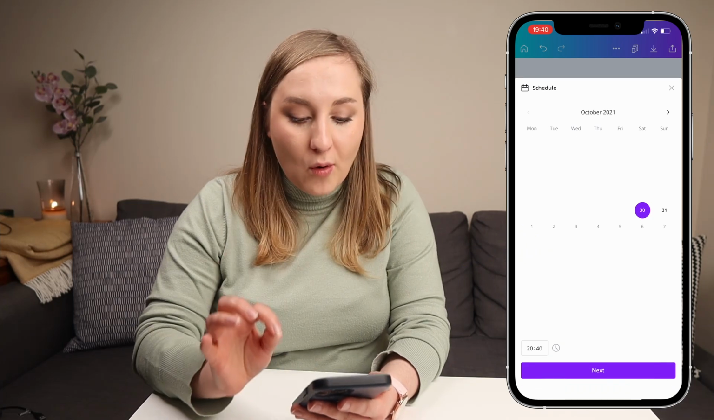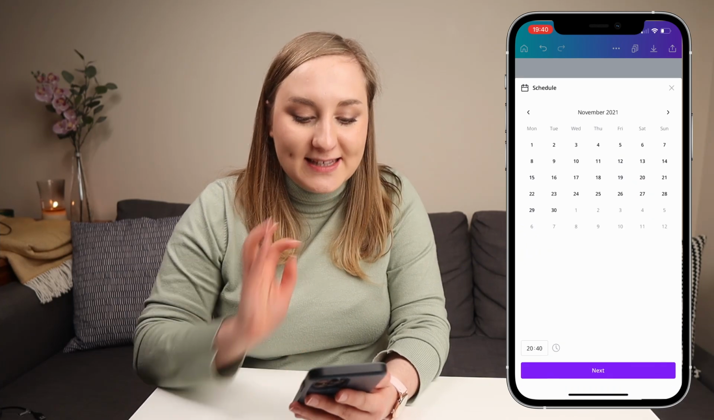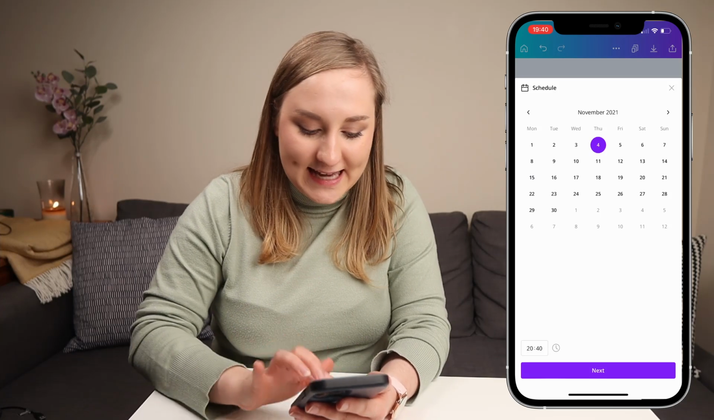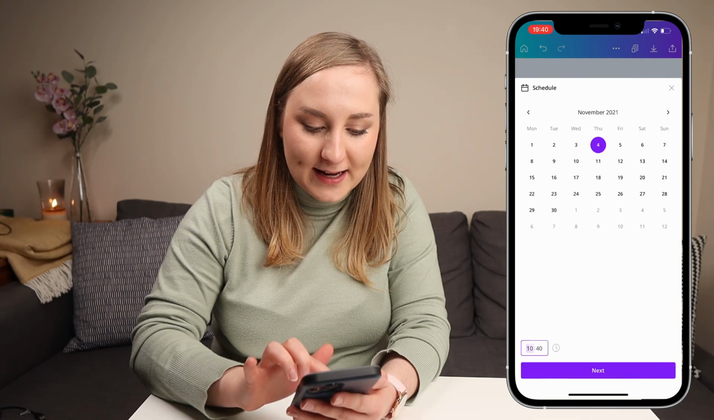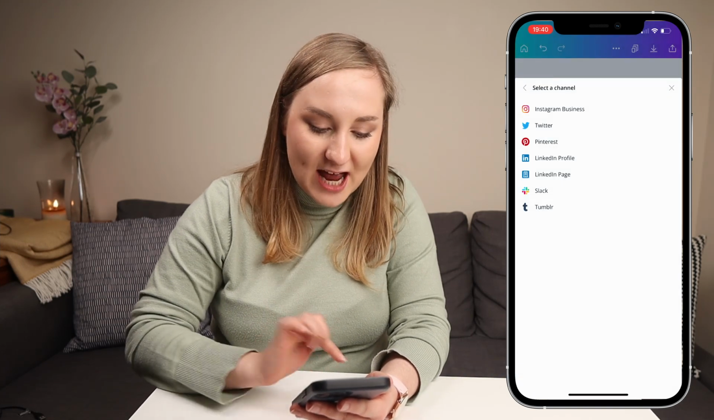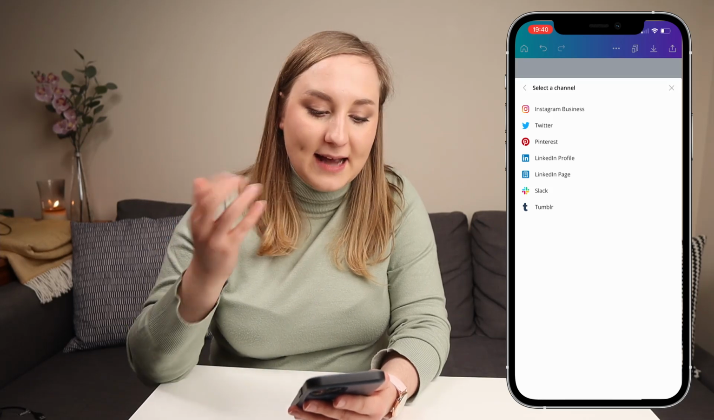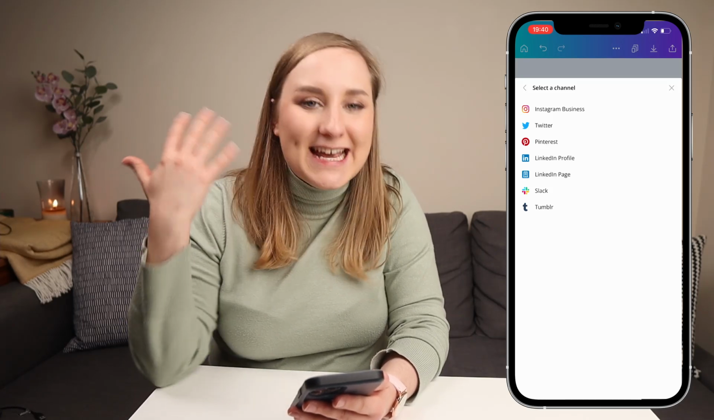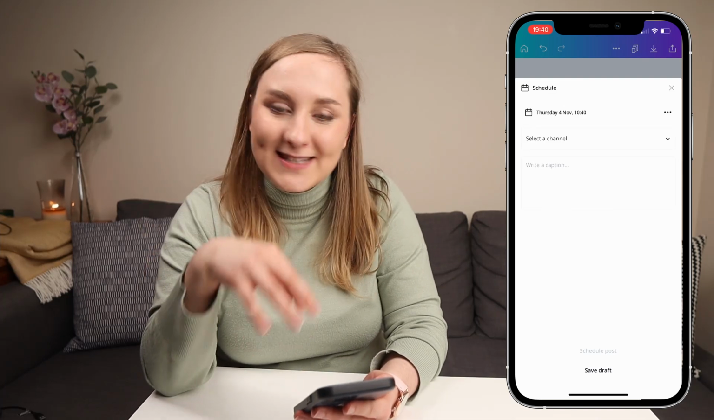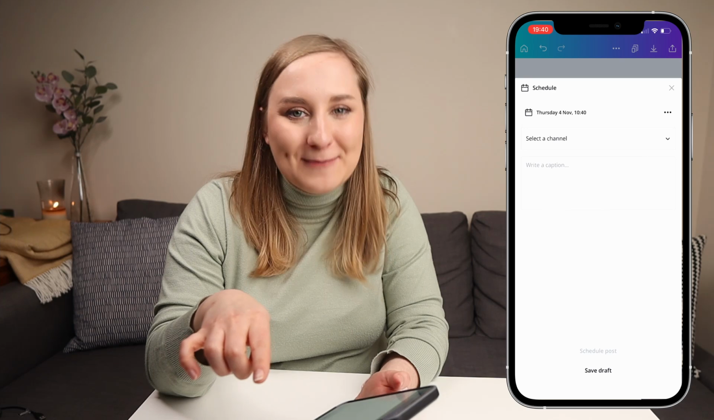And again, this is a pro option, but from here, you can schedule your post for any other day. I'm just going to hit that, change the timing for it, let's say to 10 o'clock, go for next. And from here, you can select a channel. As you can see, if you connect your Instagram, Twitter, Pinterest, LinkedIn, whatever you want to post it to, you'll be able to do it from that content scheduler. You can flesh out the caption in here,